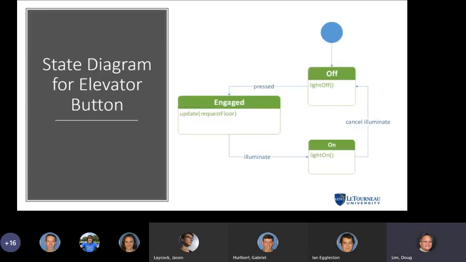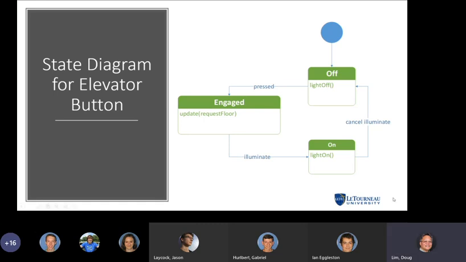So here we go. We're looking at state diagrams now. We see that I have a state diagram for the elevator button. That's the button inside the elevator that I'm referring to there. My initial state for the button inside the elevator is that it's off.